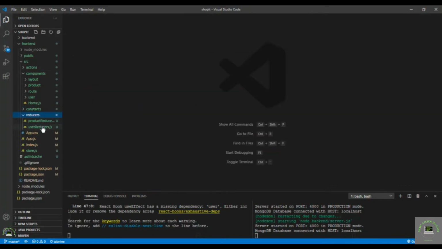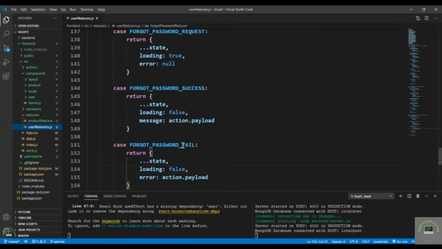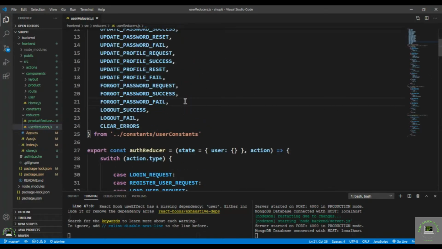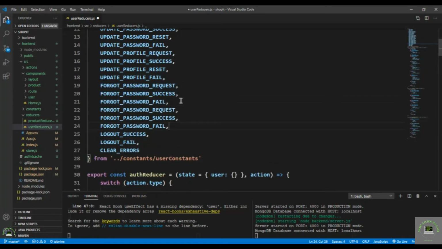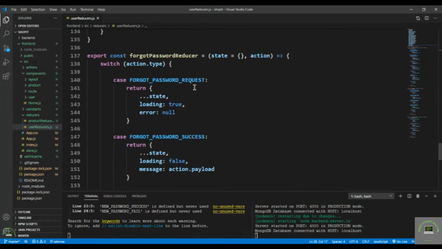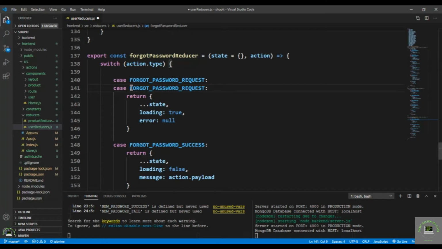go to reducers, user reducers, and in the forget we also have to import it. So actually I simply copy these three, put them here, and then select this forgot, Control D, and put in here new. Okay, save it, and in the forget password reducer I simply have to put in here